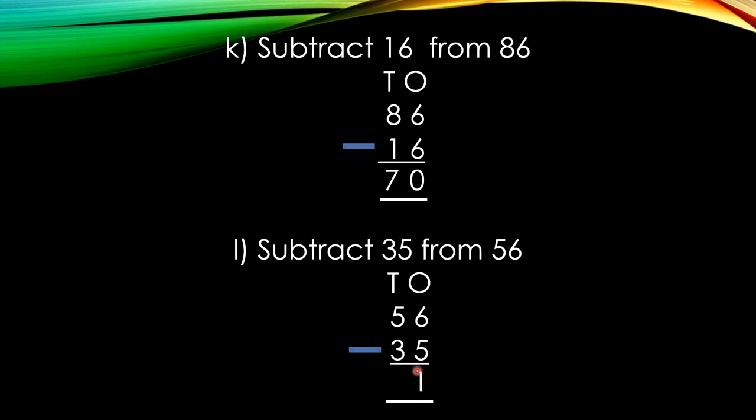So we will write 1 here in the ones place column. And at the tens place column, keep 5 in your mind. Open 3 fingers. Now we have to do backward counting: 4, 3, 2. So we will write 2 here. So our answer is 21.